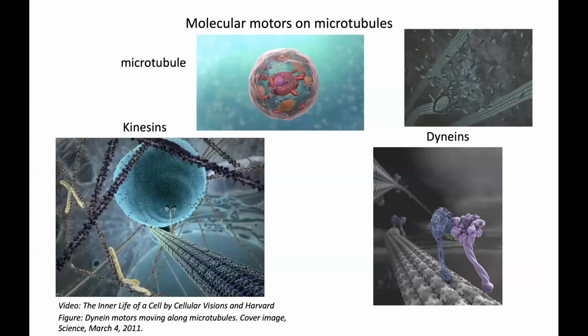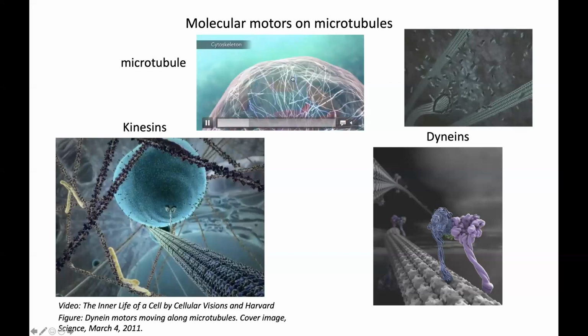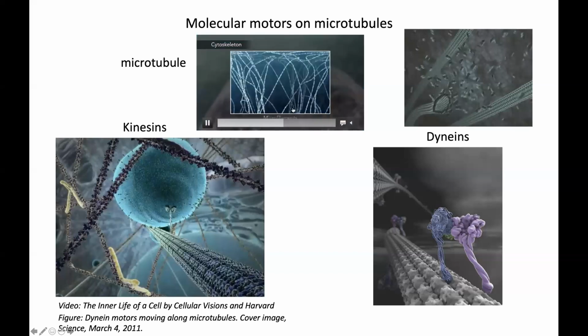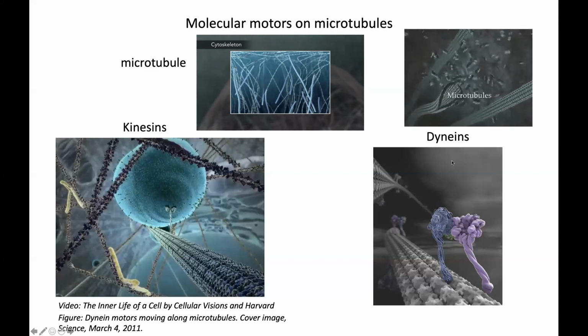So for example, this is a structure of microtubule. So microtubule is like skeletons in the cell. It's connecting the center of the cell and the wall of the cell. So it's like a skeleton and also a highway in the cell. So that's the overall structure of microtubule. If you look into the details, you will see microtubule is composed by